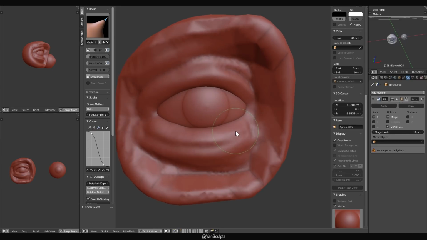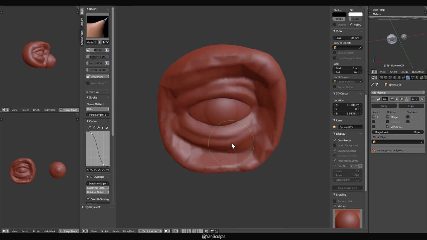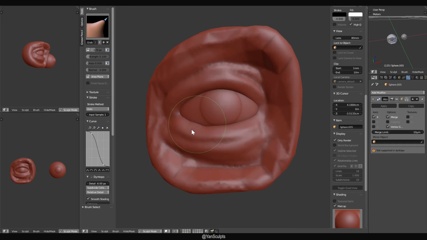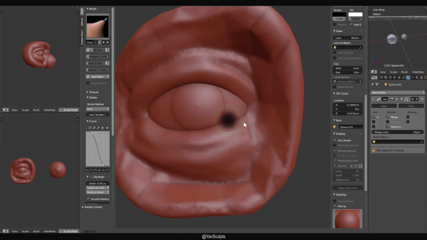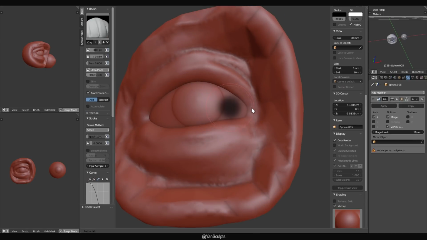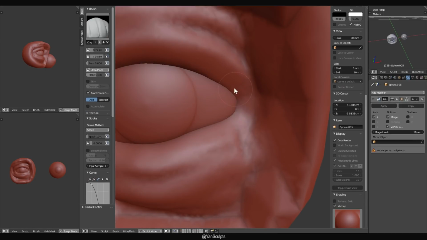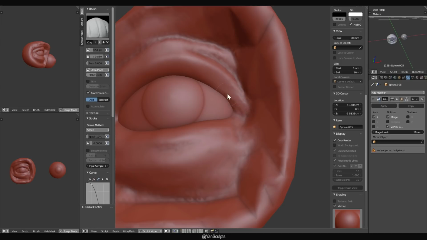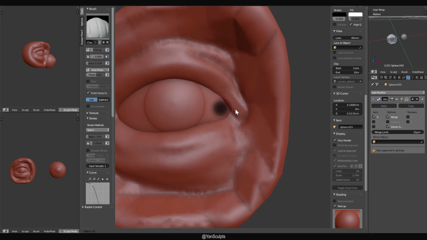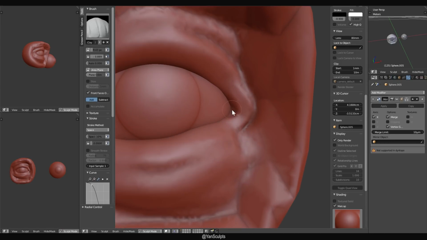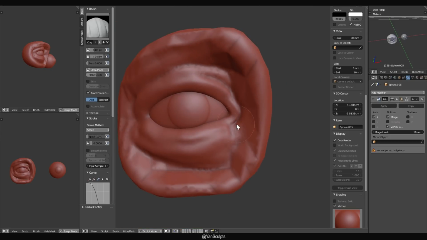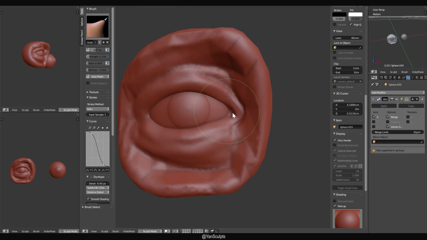For the lower eyelid, it's a bit of the opposite. The curve is actually further away from the nose, so it's closer to the ears, here on the left. And then we have the lacrimal caruncle that I have to keep in mind when creating the eyes, especially if you're going for something more on the realistic side of things. The lacrimal caruncle is the pinkish thing that you find over here. We will add it in a second, so I'm gonna push this further